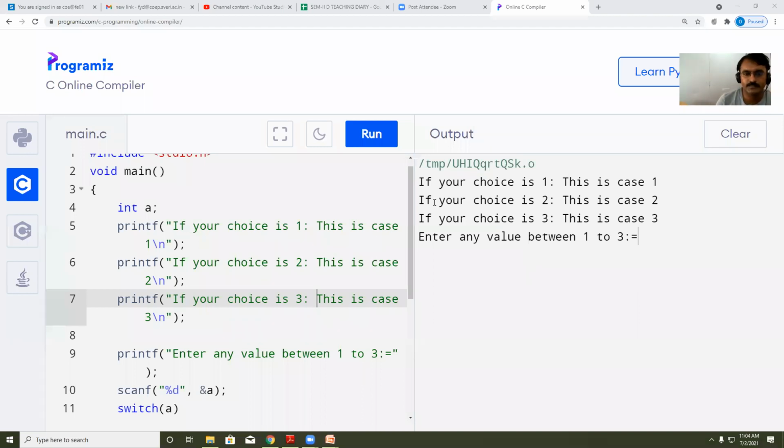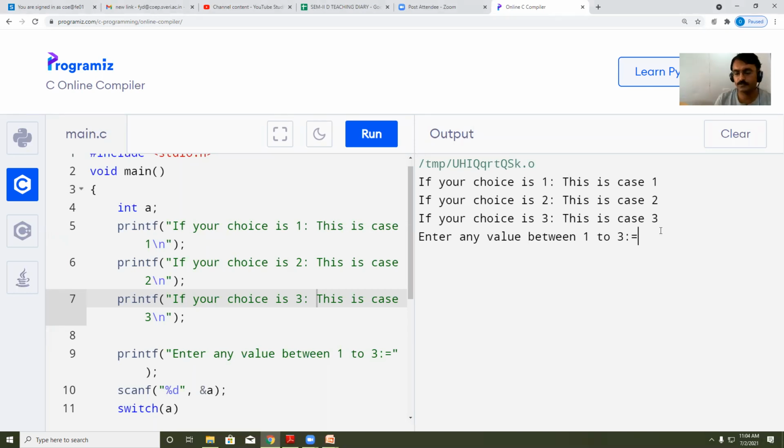See, I have given the message, value between 1 to 3. Yes, but what do I want to print, what should I print? Like I have given here, if I write 1, it will print this is case 1. If I give value 2, it will print this is case 2. If I write 3, it will print this is case 3. Those messages I have given here. So what statement should I print here? Tell me. कुठला statement मी print करूया? 1, 2 or 3? 2.